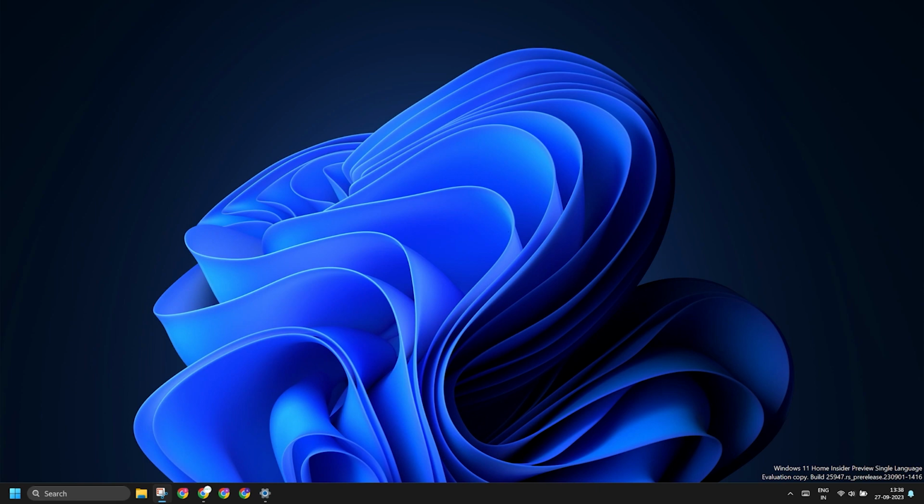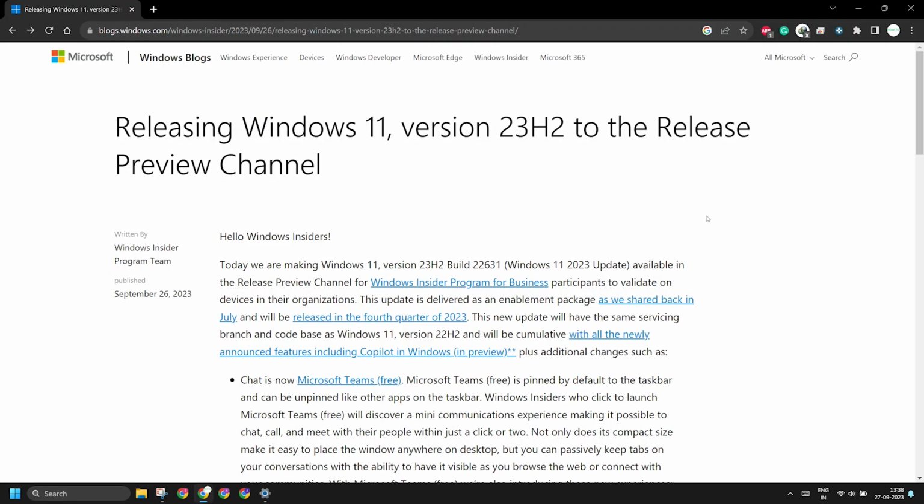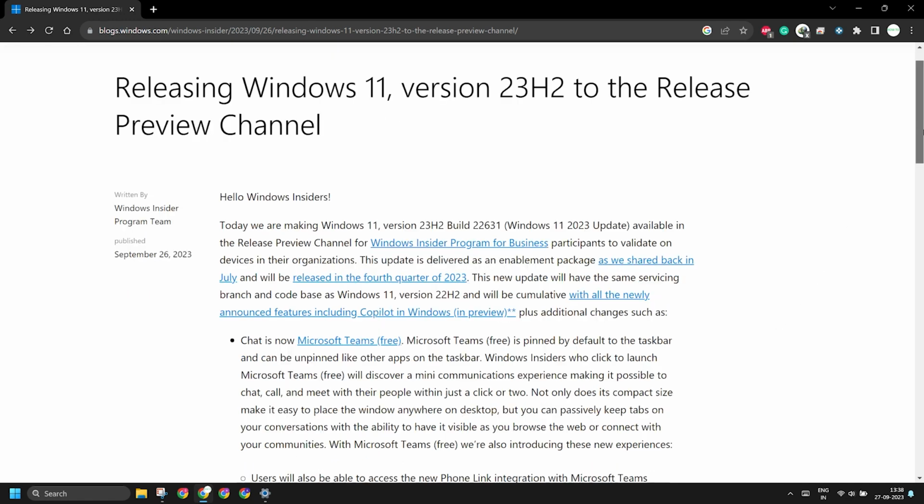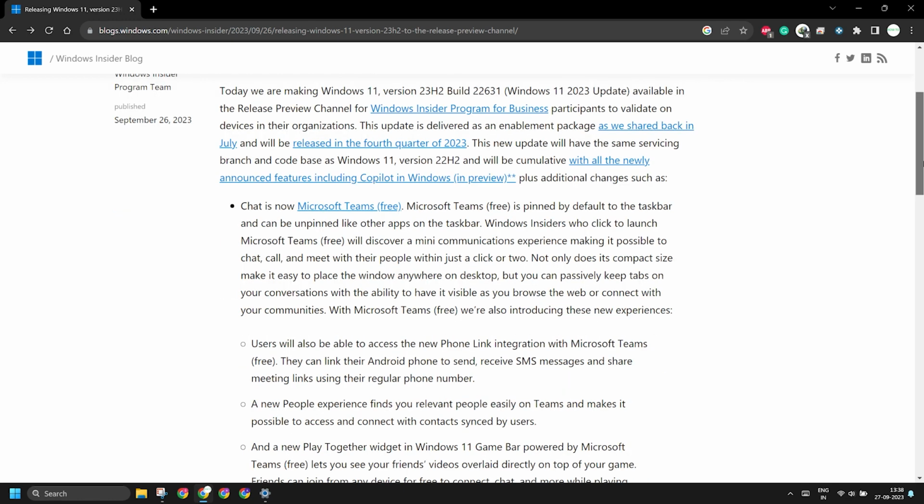In this video, we will discuss how to download and install the Windows 11 23H2 build for the release preview channel, which contains all the exciting features like Microsoft Copilot and more. Just open this official Windows blog on your PC. I will add a link in the description box. Scroll down this page and click on the download ISO